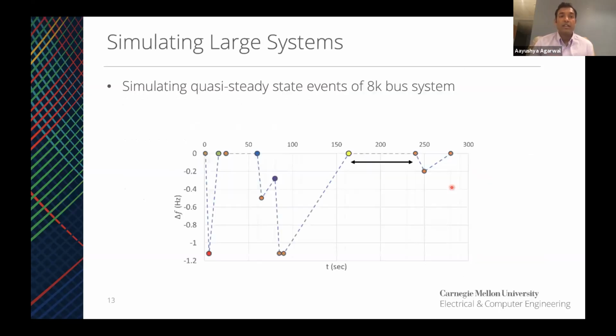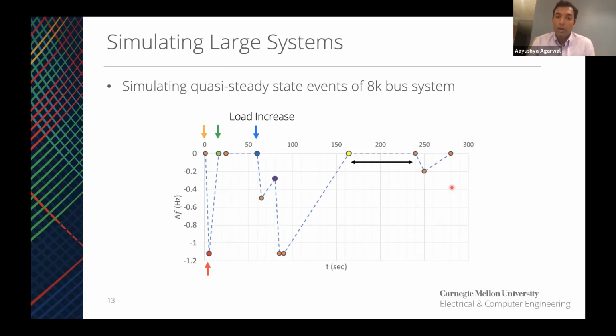So now let's look at actually how to simulate a larger system. So let's take this 8,000 bus system that we've shown. And we notice we first have a load increase, which causes our frequency to drop and have a primary frequency response enacted. Then we get a secondary frequency response to bring back our frequency deviation. Another at around time 60 seconds, and we have another load increase. And what you would think here is we would have another primary response followed by a secondary frequency response control